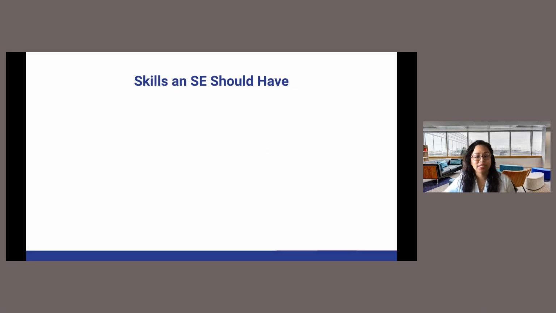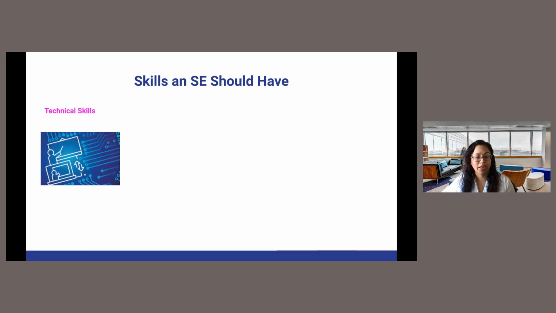Now, here are some of the skills that sales engineers have to possess in order to be successful. Number one is technical skills. Sales engineers must definitely be able to employ creative ways to architect solutions that solve customer problems while still taking into consideration business impact and business needs. Sales engineers must also have a good understanding of how a product works, key features, integration alternatives, and have the ability to find and provide technical documentation as needed.